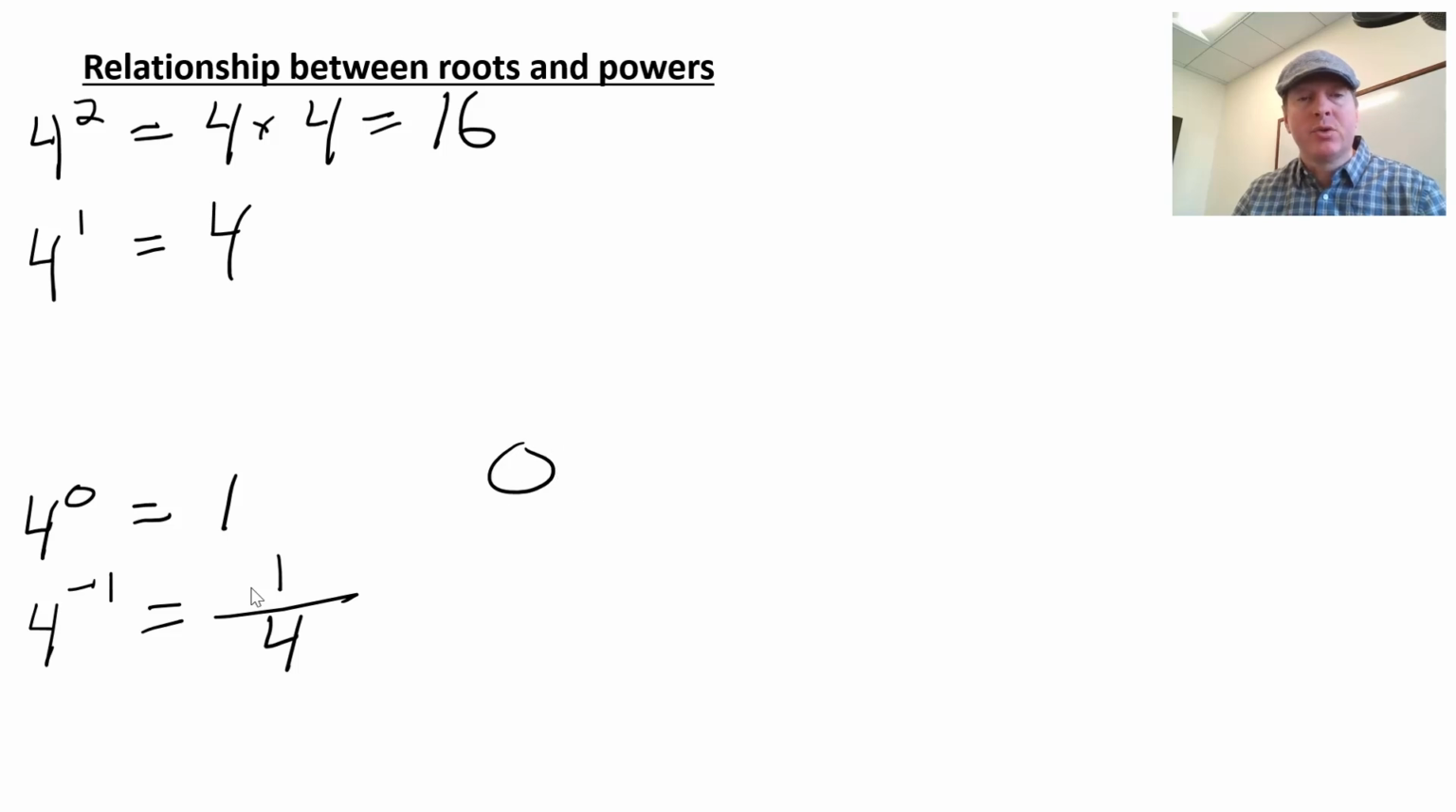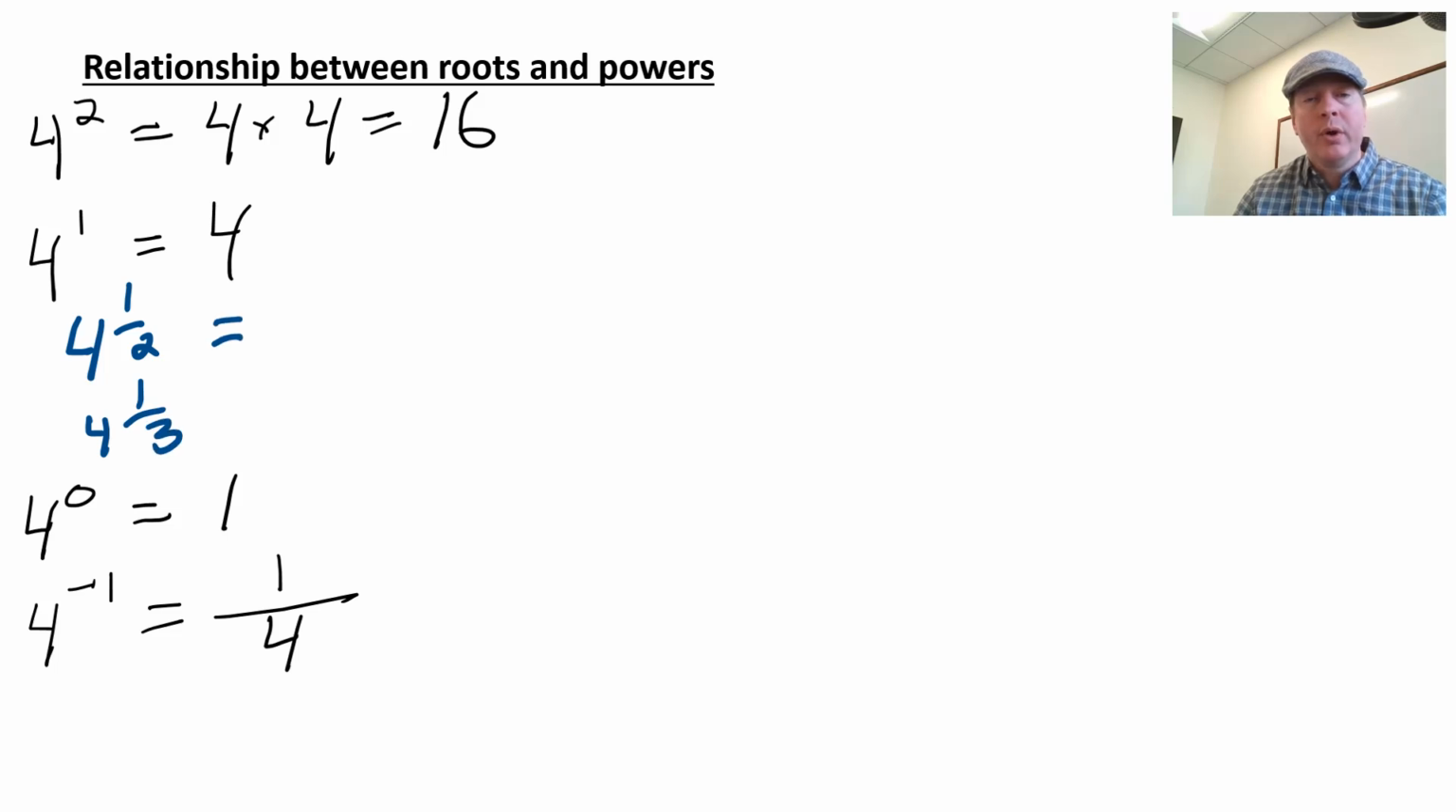And negative exponents, what's 4 to the negative 1? Well, it's 1 over 4 to the positive 1. It's just 1 over 4. Okay, all well and good. How about roots? A root is a fractional exponent. So if I wrote here 4 to the 1/2 or 4 to the 1/3, 4 to the 1/2 is simply